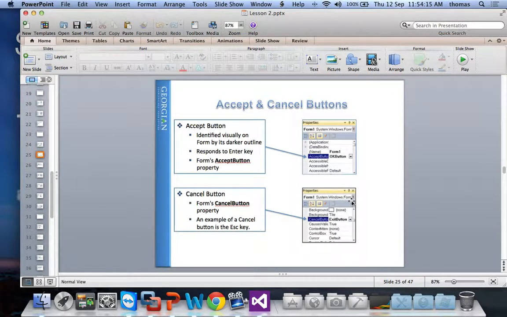Accept and cancel buttons. You can actually align accept and cancel buttons with your form, right? Why would we do that? The accept button, there's two types. There's the accept button for each of the forms and a cancel button, right? So I can assign that. For example,